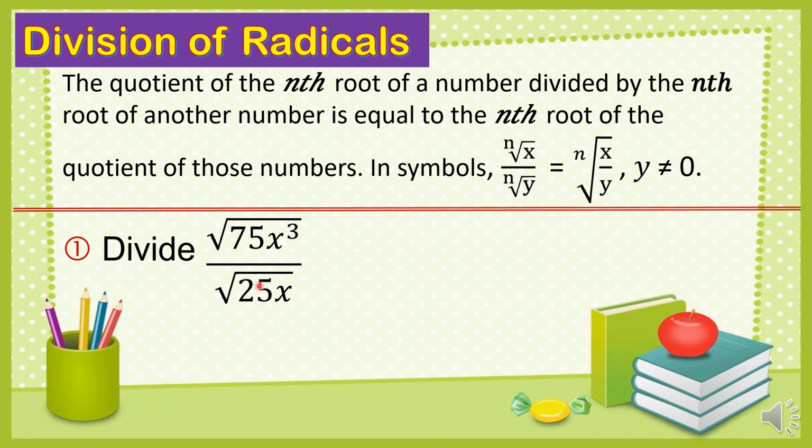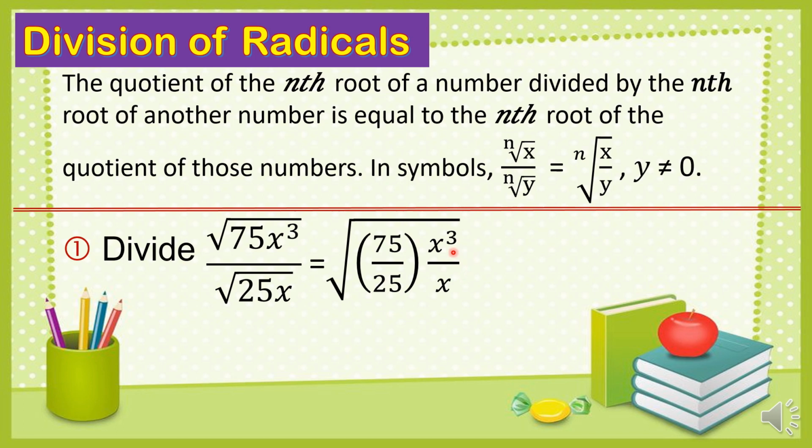So, example number 1, we're going to divide the square root of 75x cubed by the square root of 25x. So, ano po ang gagawin natin? Pwede nating i-rewrite yan kagaya nitong nandito kanina. So, magiging square root of 75 divided by 25 times x cubed divided by x. Since si 75 ay divisible kay 25, pwede na natin siyang i-simplify. At the same time, yung ating variables with exponent ay pwede na rin nating i-simplify